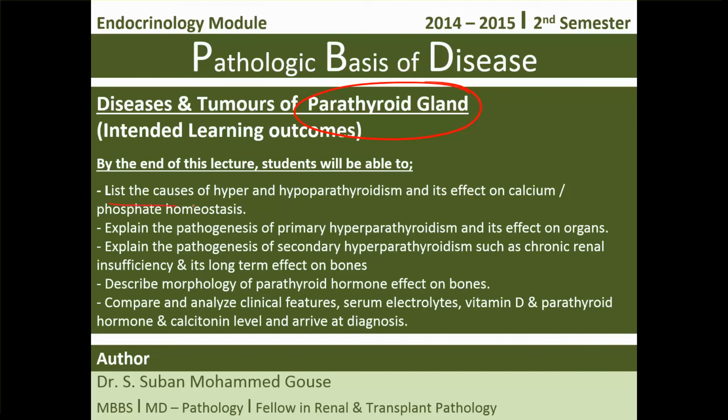lecture is list the causes of hyper and hypoparathyroidism and its effect on calcium and phosphate homeostasis, and explain the pathogenesis of primary hyperparathyroidism and its effect on other organs, and explain the pathogenesis of secondary hyperparathyroidism such as chronic renal failure and its long-term effect on bones, and describe the morphology of the parathyroid hormone